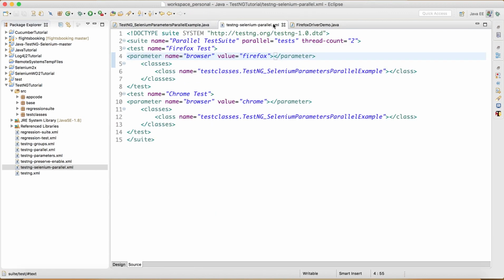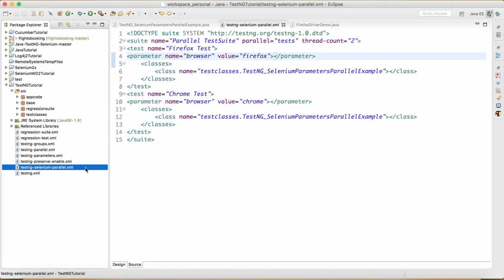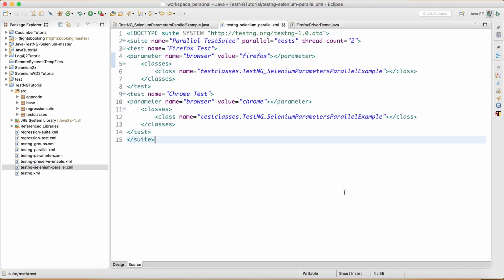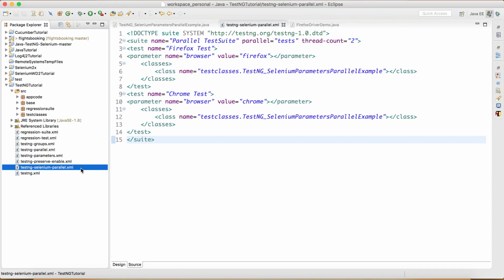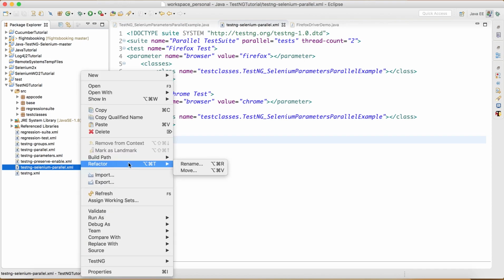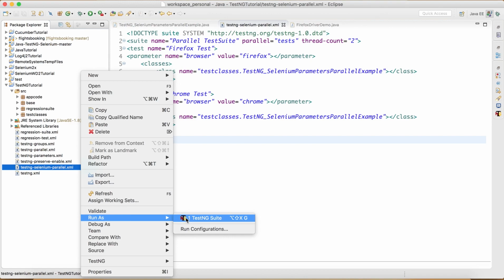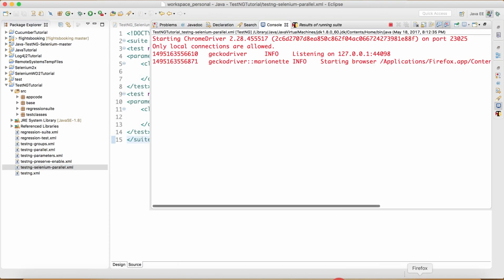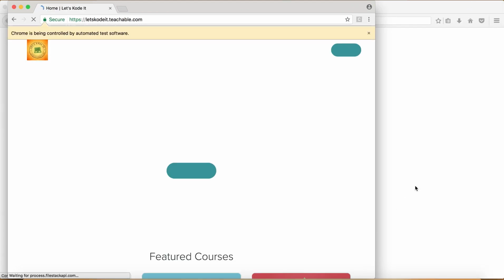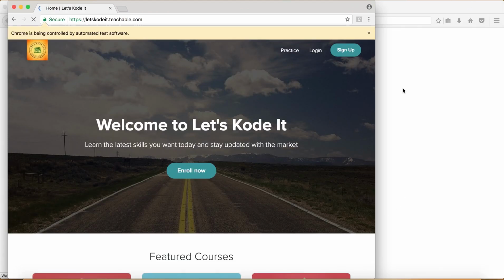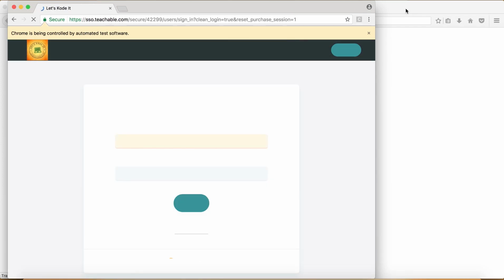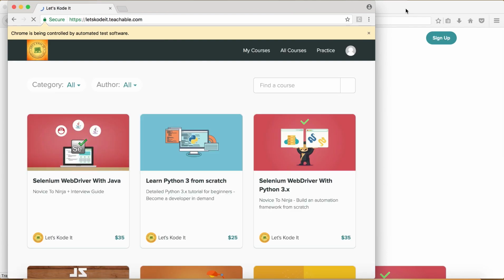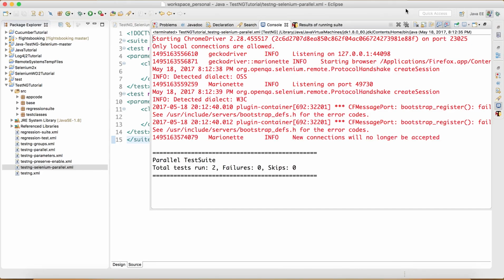And now let's try to run it using the testng.xml file. So I'm going to right click this one. And what we expect here is, okay, let me close this Firefox browser. So we actually don't have anything running. Now we expect Firefox and Chrome to come up in parallel and run the test cases together. So run as a TestNG suite. And let's see. Firefox came in and Chrome came in. They both are working in parallel. As you can see here, this is Chrome going on, and Chrome looks like it finished a lot earlier. And then at the back now Firefox is going on and everything is done.